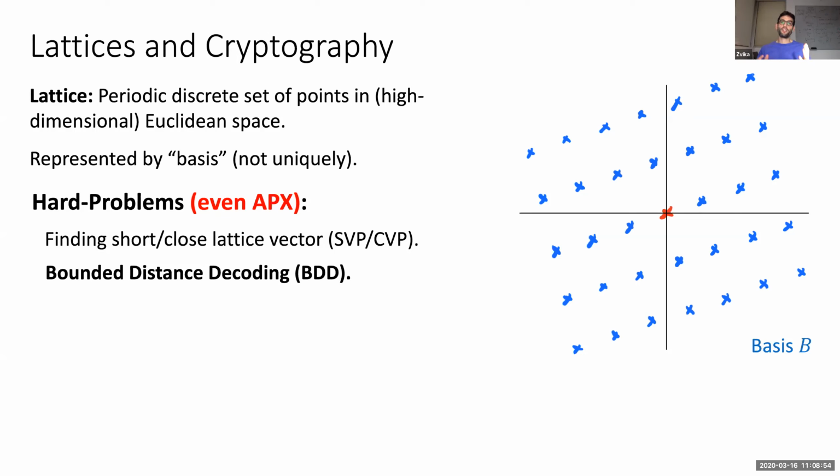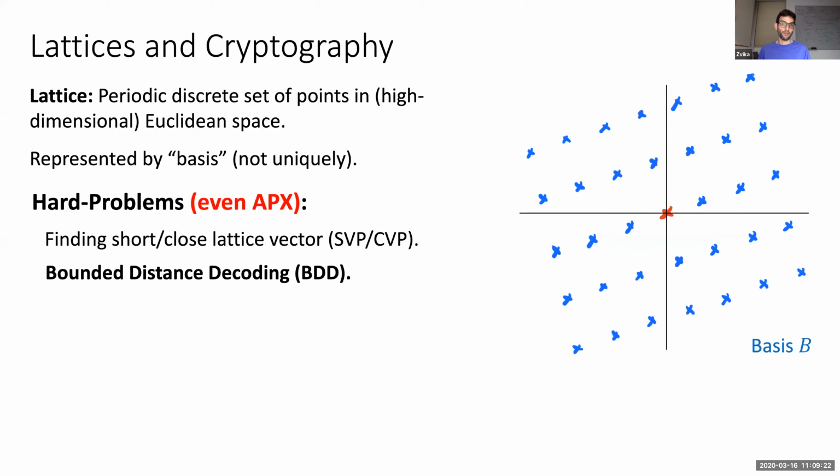And this can be seen as an extreme version of the closest vector problem, where we get a target point and we want to find the closest lattice point, but we're guaranteed that the closest lattice point is actually very, very close. So there's a lattice point that is much, much closer to our target than any other lattice point. And even under this promise, we want to be able to find